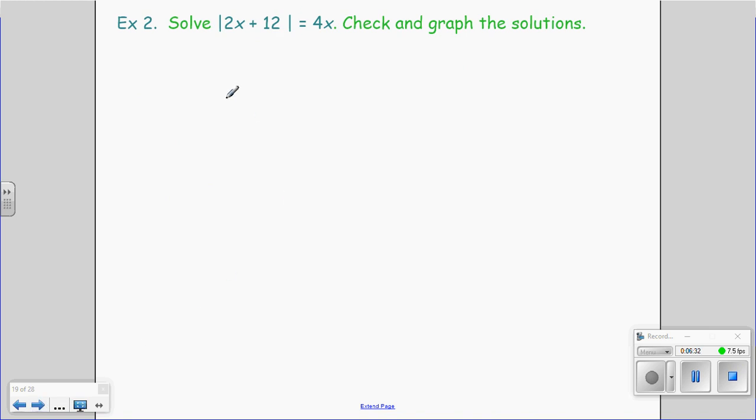Number 2, solve the absolute value of 2x plus 12 equals 4x. Check and graph the solutions. So again, you have to write two equations. So the first one would be 2x plus 12